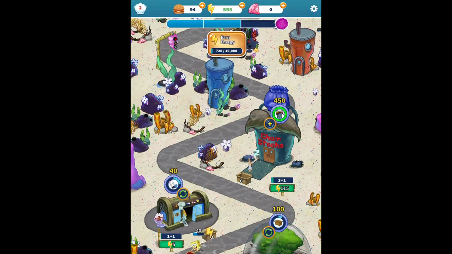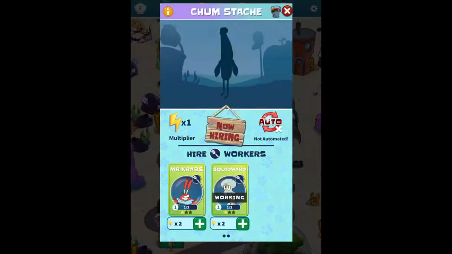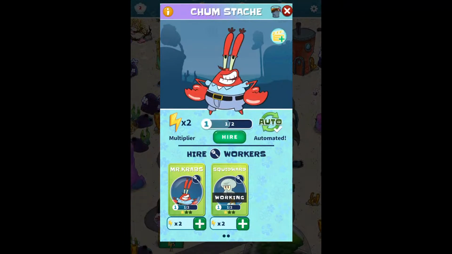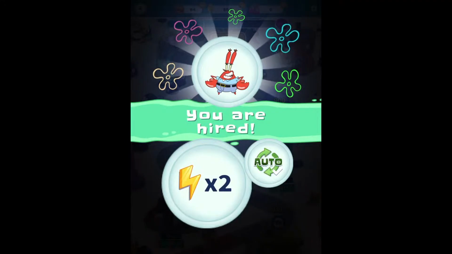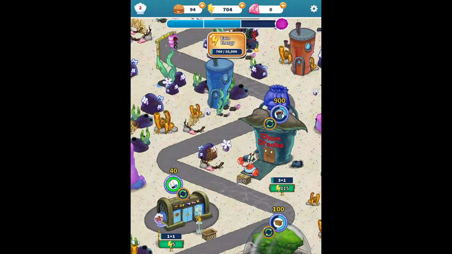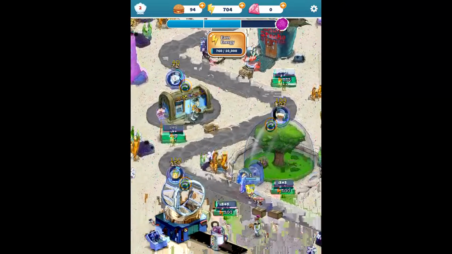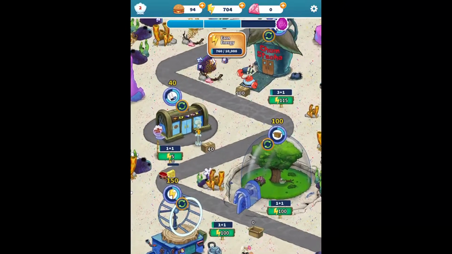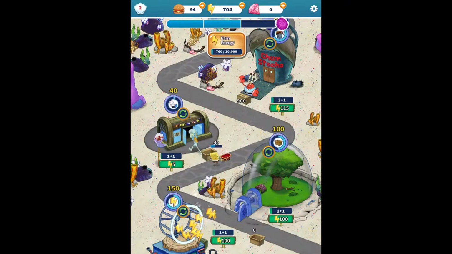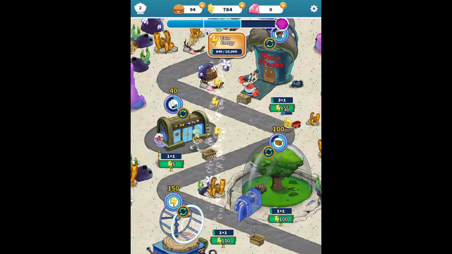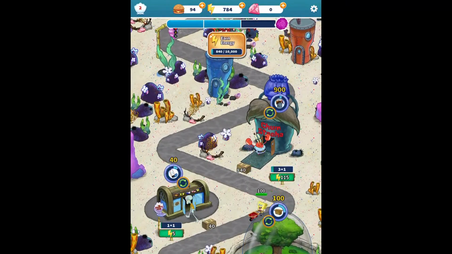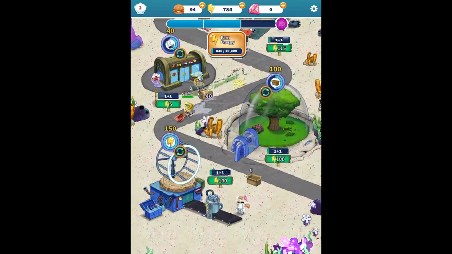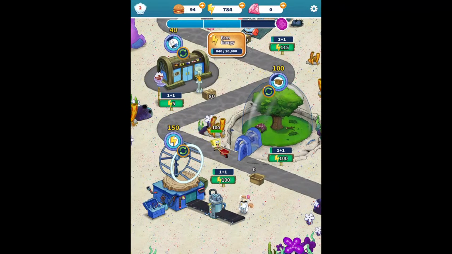So yeah, we gotta earn 10,000 energy. So let's automate this with Mr. Krabs. Isn't it ironic getting Mr. Krabs working at the chum bucket? So yeah. Okay, we're gonna have to wait here. Yeah, so all of them are automated. I'm not sure why they didn't allow us to check out the menu earlier, but we just gotta wait for a bit. And it's gonna get automated, come on. Yeah, so being an idle game, you gotta just wait occasionally.